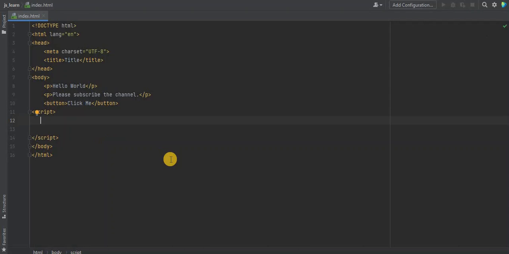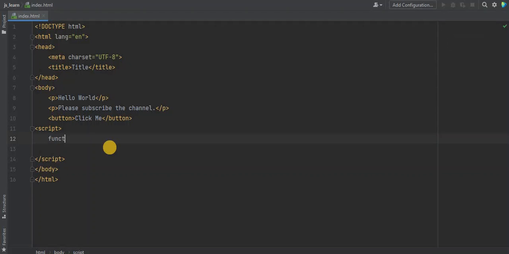So we are going to create a function, and when we click the button, we are going to call that function. In the function, I am going to write everything which is needed to change the text of this tag.